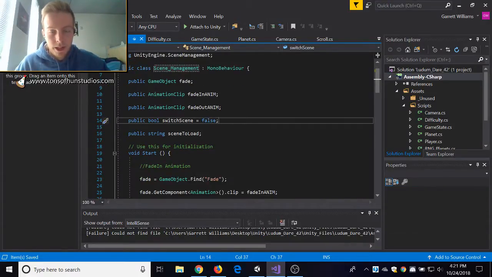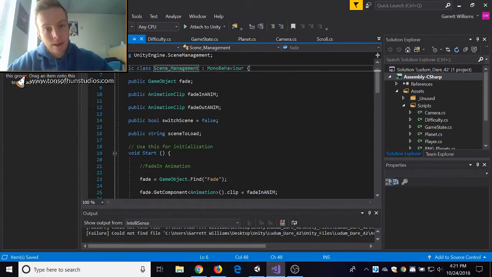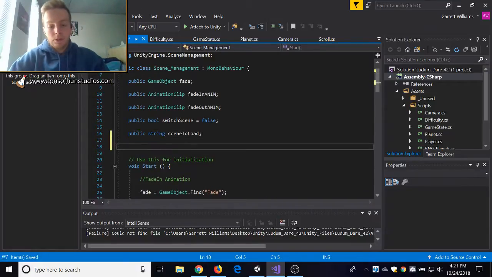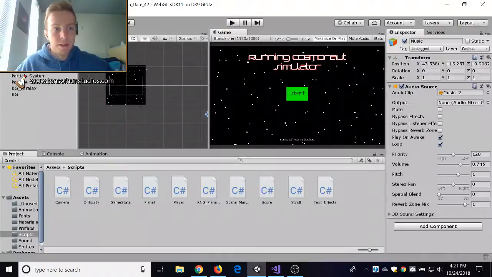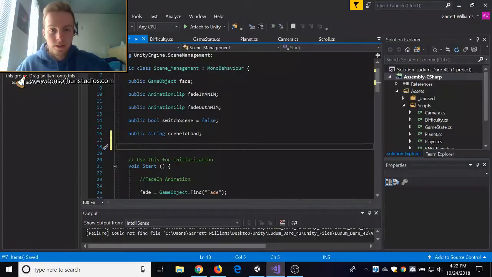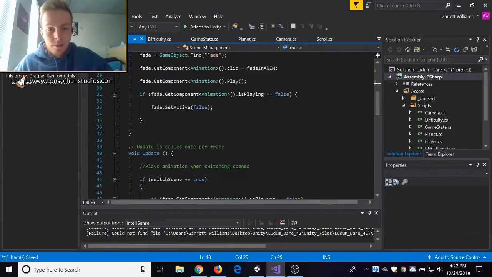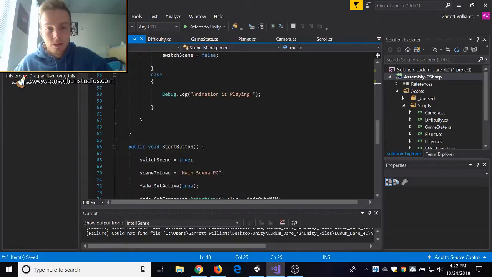All right, so we're going to make, I should just make a game object for our audio object, because right now I just have an empty game object with the audio source attached to it. We don't really need to call it audio source itself. So let's use the game object. So public game object, call this music, and we will say whenever we switch scenes,